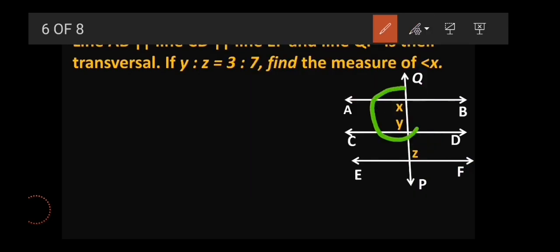And if you observe x and y for the lines A and D, we can say these two are interior angles, and interior angles means what? If we add them, the sum will be 180 degrees. So whatever clues we got from the diagram, we'll put on the screen, and then we'll try to merge or analyze the data so that we can find some common link between them. Okay, so this is our action plan.